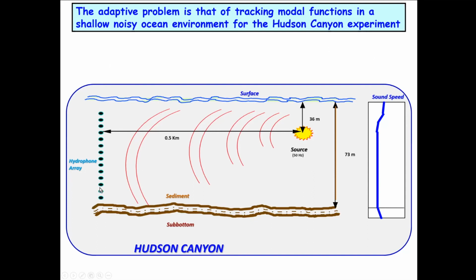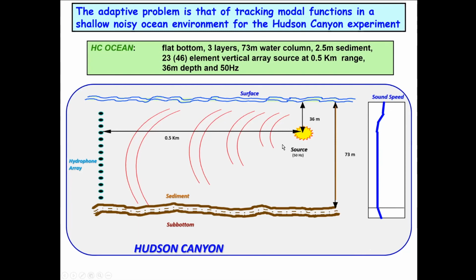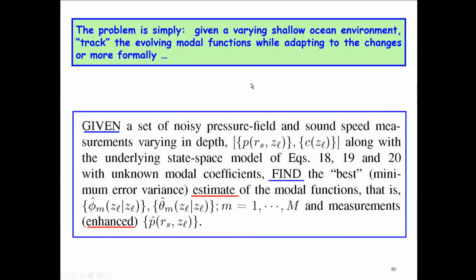You had a vertical array of 23 sensors. This was the source depth. This is the sound speed. They put a source at 36 meters and excited the ocean, so to say. Flat bottom, this gives you all the details of the model that was used. They ran an experiment based on this. So what we're trying to do is, given this noisy pressure field measurement, find the best estimates of the modal functions, and also the modal coefficients, the betas and the phis,